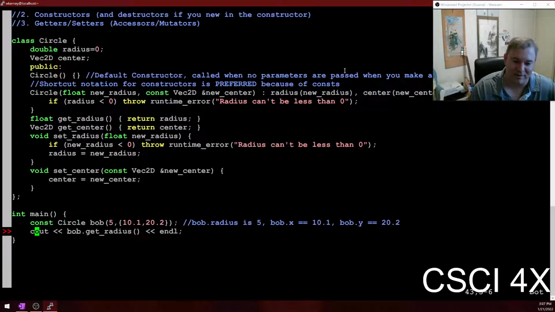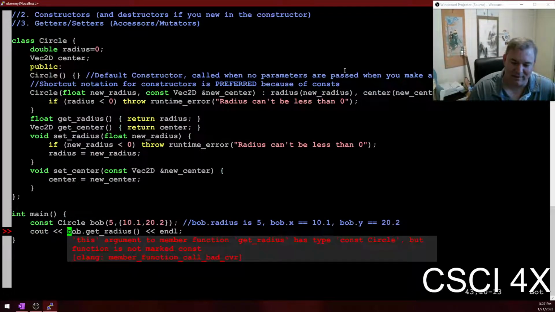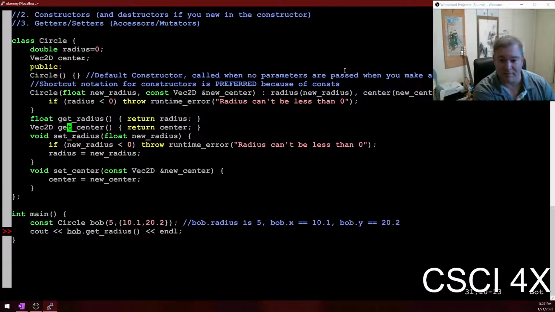So check this out. It's complaining that get radius... Do you guys see this? Set radius we understand, right? You can't set it. It's fixed in stone. You can't set it. Why can I not get it though? I'm reading from it. I'm not writing to it. Why? Well, because C++ has a rather bizarre system